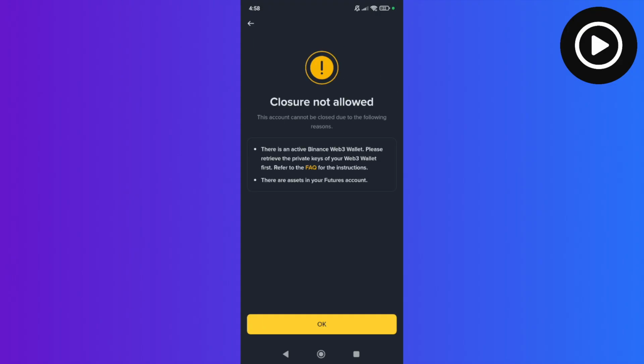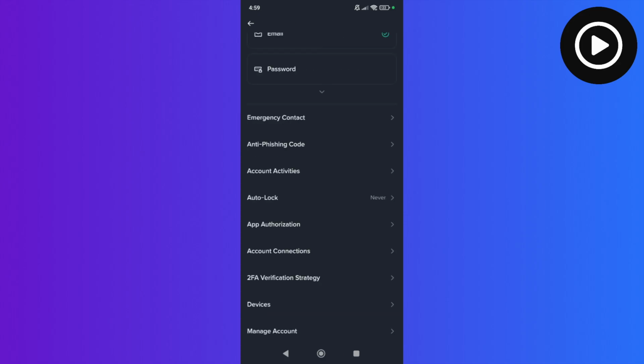And before you close your Binance account, you might need to retrieve your Web3 wallet private keys. And if you have any assets or features in your account, or if you're doing any trading and stuff like that, you will need to stop it and basically withdraw your money before doing it. And once you follow through that, you can basically close your account,